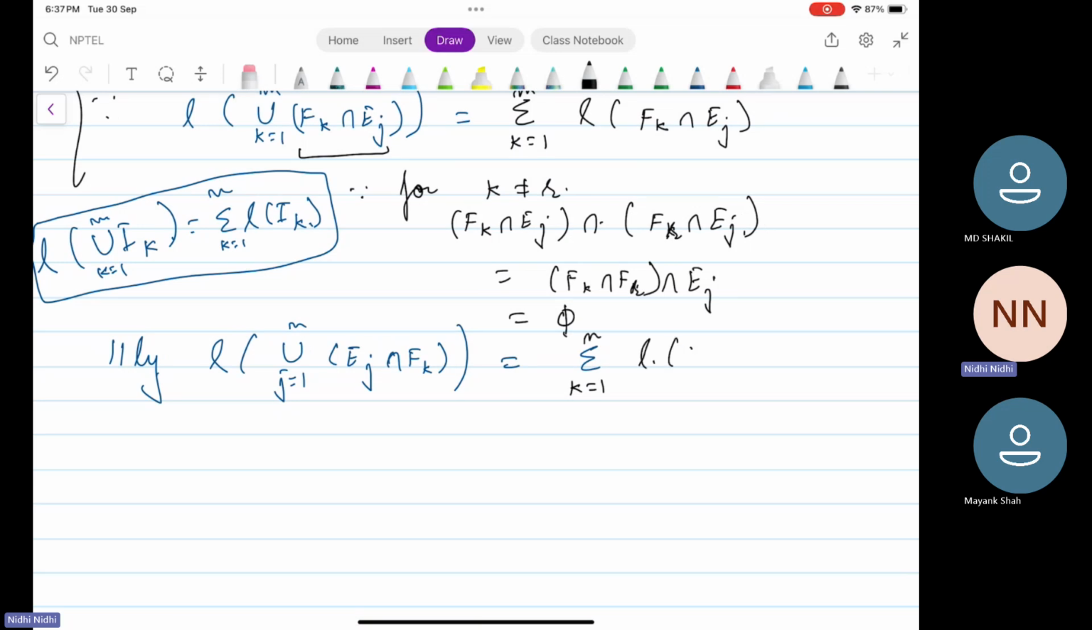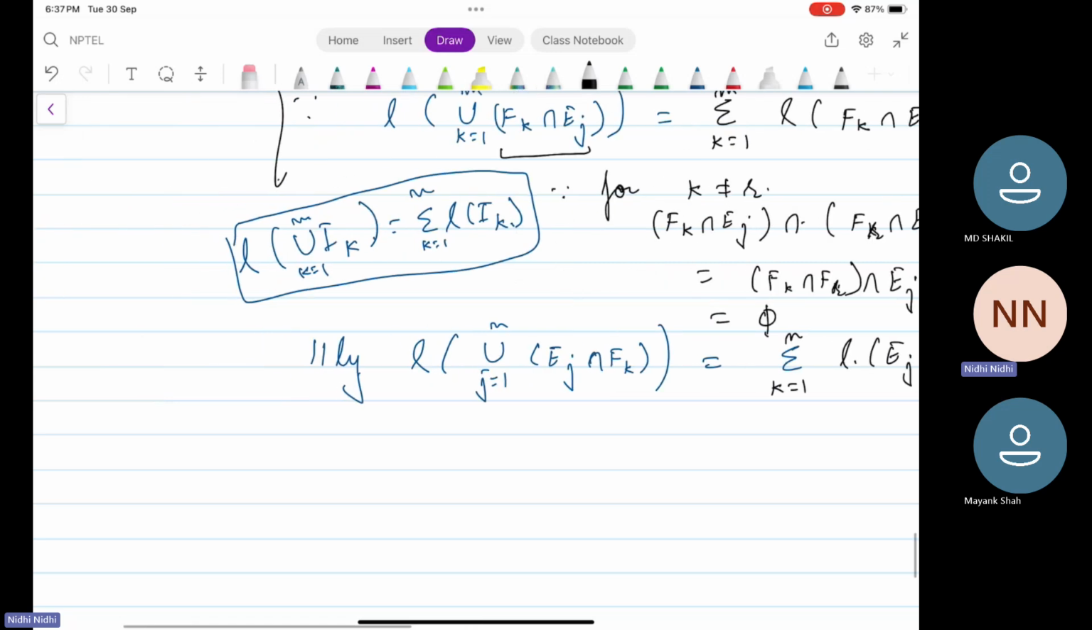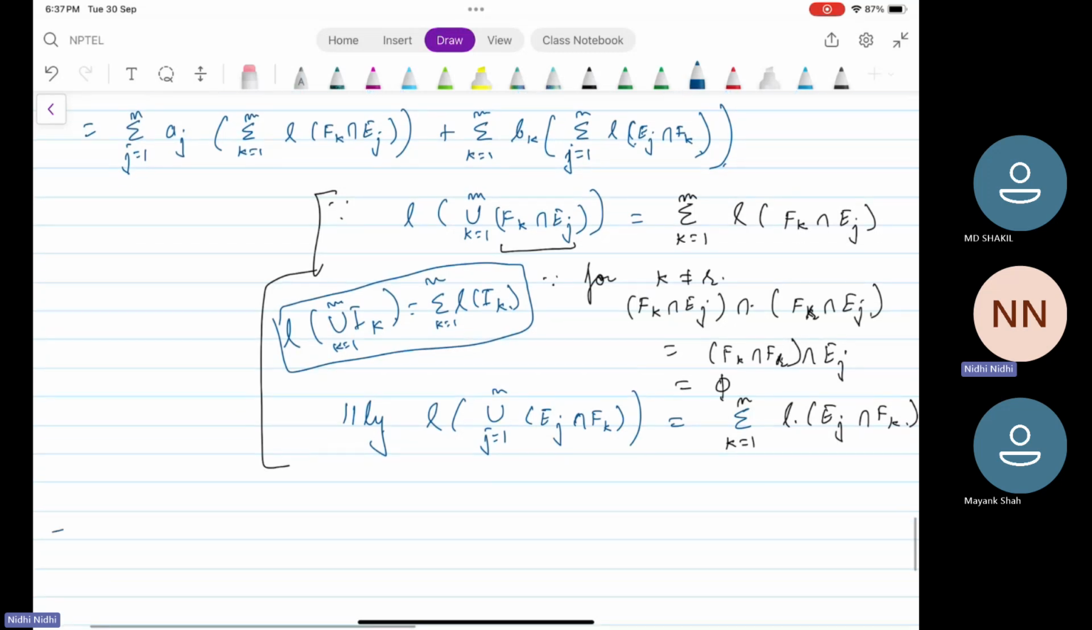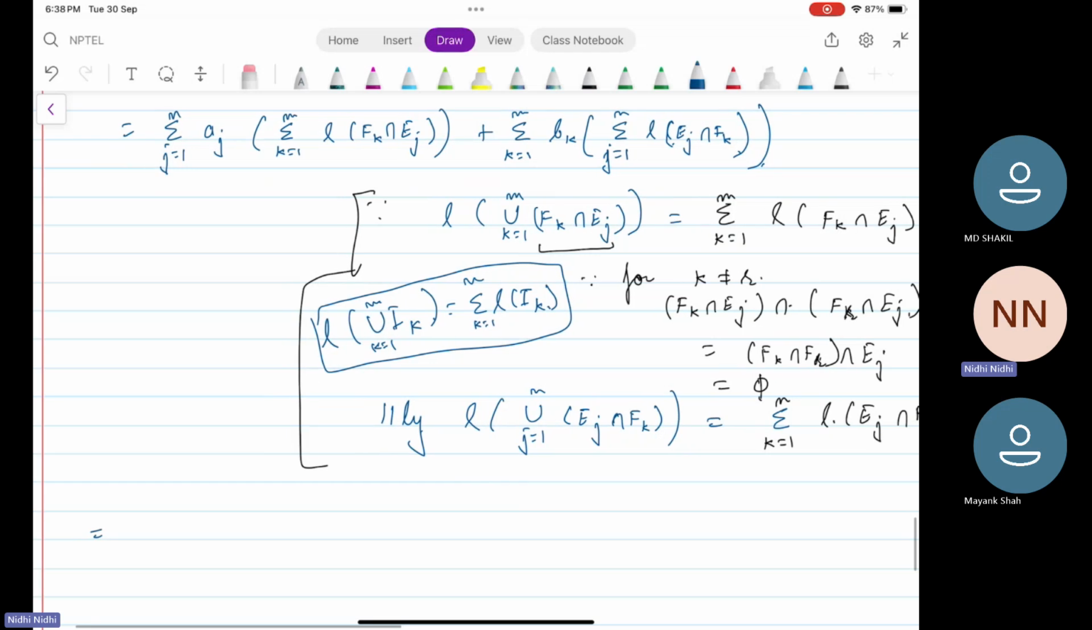Length of Ej intersection Fk. So, therefore, this is equal to, now since j and k are independent, I can take everything outside. So this will eventually be summation j from 1 to n, summation k from 1 to m, aj, length of Ej intersection Fk